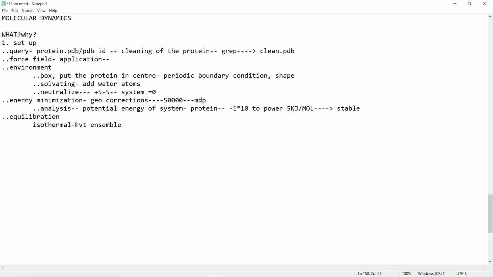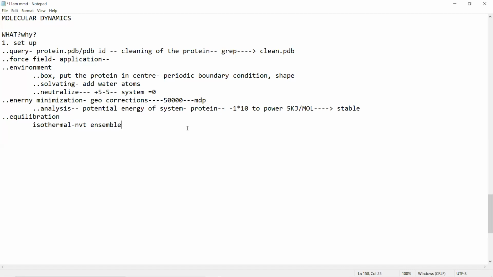So why is it known as NVT? Because here the number of atoms is constant, the volume will be constant, and the temperature will also be kept constant. During this, we will be trying to achieve the isothermal equilibration.